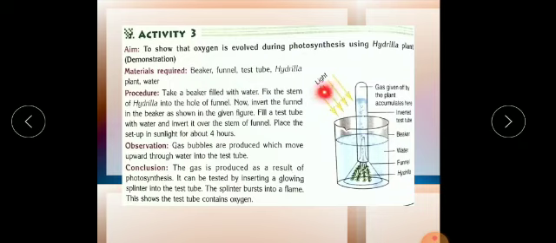So we can see that when light is falling on this plant, okay, what will happen? Photolysis of water is going on, water is there, okay, and it will release O2 gas. So water is there, chlorophyll pigment is there, all right, and we can add a pinch of sodium bicarbonate also, which is a chemical, into the water, so that it will release CO2 gas. Like that, all the 4 conditions we have to provide, and then we can see the O2 gas. Okay, so this is activity number 3.